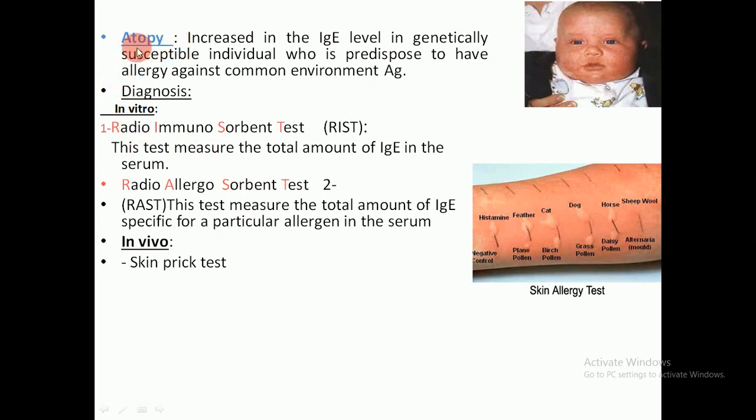What do we mean by atopic? Atopy can be defined as an increase in the IgE level in a genetically susceptible individual who is predisposed to have allergy against common environmental entities. So atopy means an increase in the IgE level in genetically susceptible individuals. So the genetic factor is an important factor that leads to atopy. Here, like this baby with atopic dermatitis